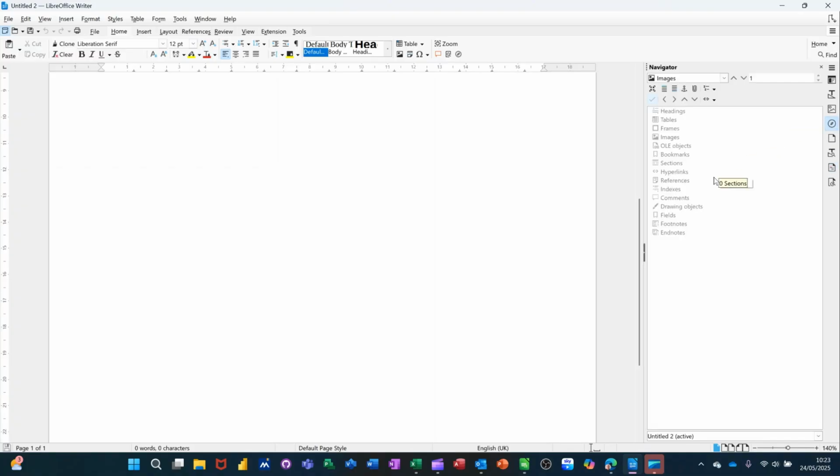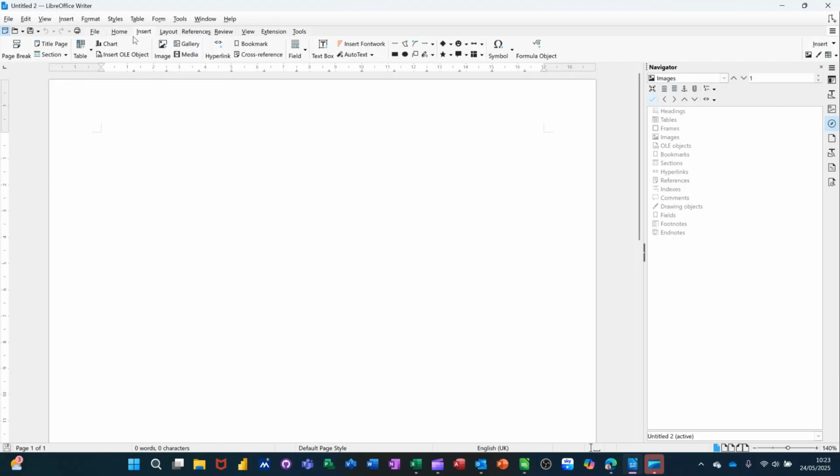So what is this Navigator all about? It's basically going to allow you to jump to these elements in a document. If you've got these elements in a document, and obviously I've got none at the moment because I've got a blank page on the screen, but I'm going to add a few, and then you can see how these will become active, and then you can use the Navigator to jump to these relevant things. Now, this is probably more useful when you've got a large document with lots of tables, perhaps, lots of images and things like that. So if I start off by doing a table, I'll go Insert, Table,